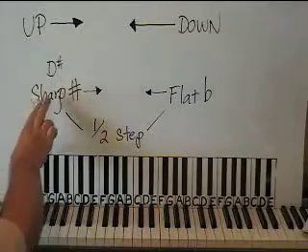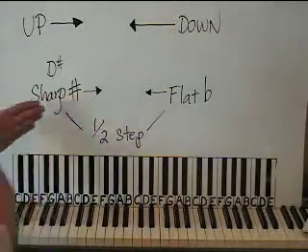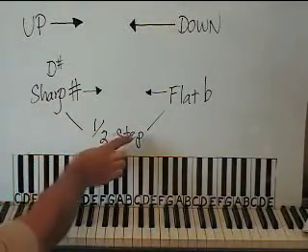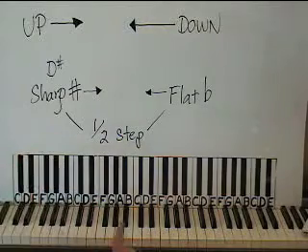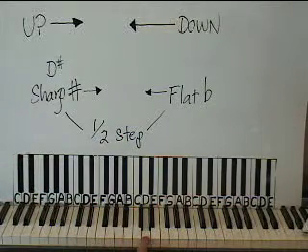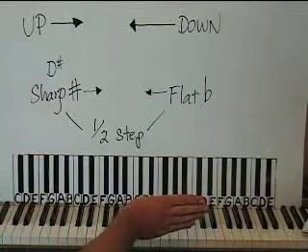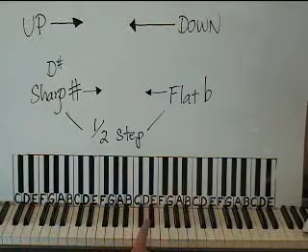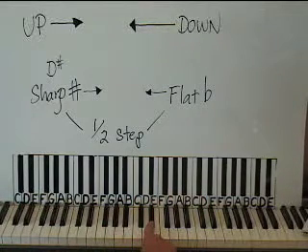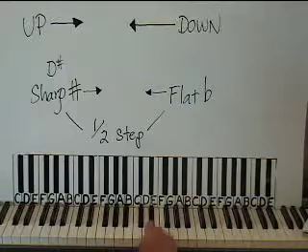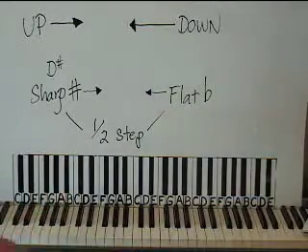But if I say D sharp, you're going to go to the right 1/2 step. So you're going to go up 1/2 step, and all that means is you're going to go to the very next key this way, whether it's a black key or a white key. So this is D, and this note therefore would be D sharp, this black key. Okay? Let's try another. If I said C sharp,